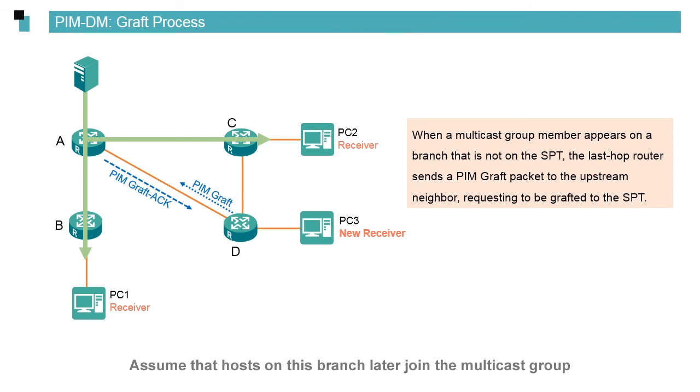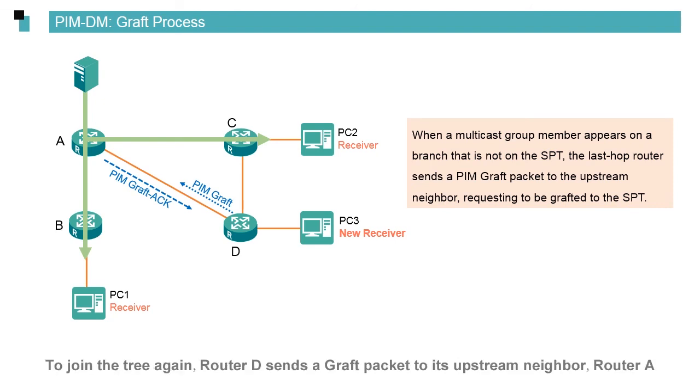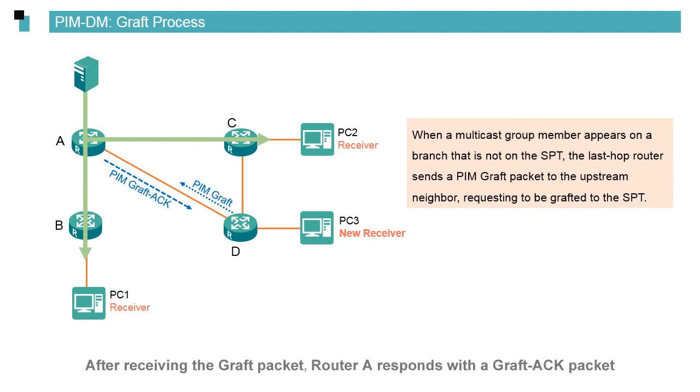Assume that hosts on this branch later join the multicast group, causing the branch to need the traffic of that group. To join the tree again, router D sends a graft packet to its upstream neighbor. Router A, after receiving the graft packet, responds with a graft ACK packet. The downstream interface on router D is added to the downstream interface list, and the traffic is sent to the